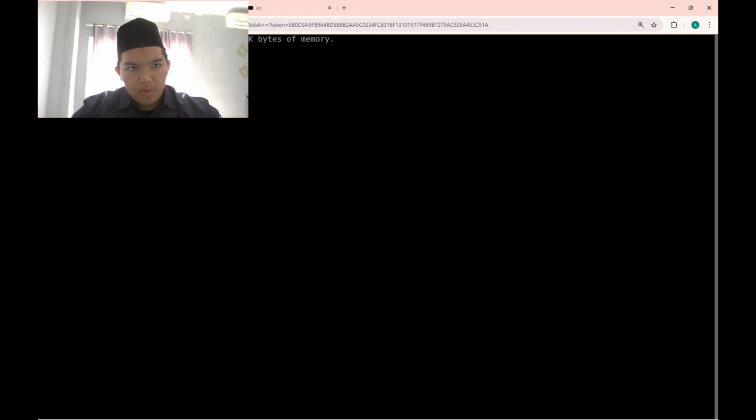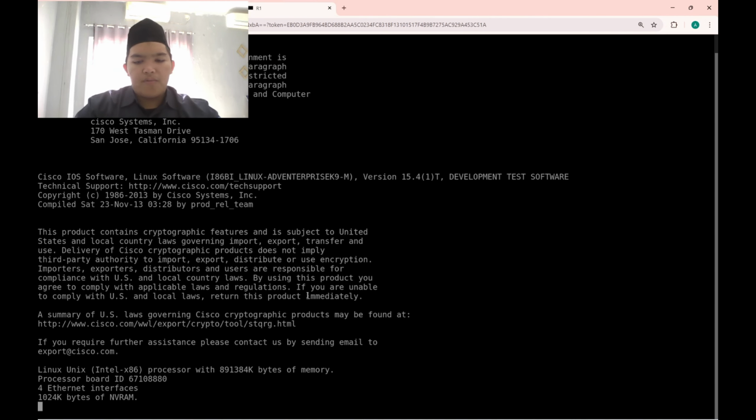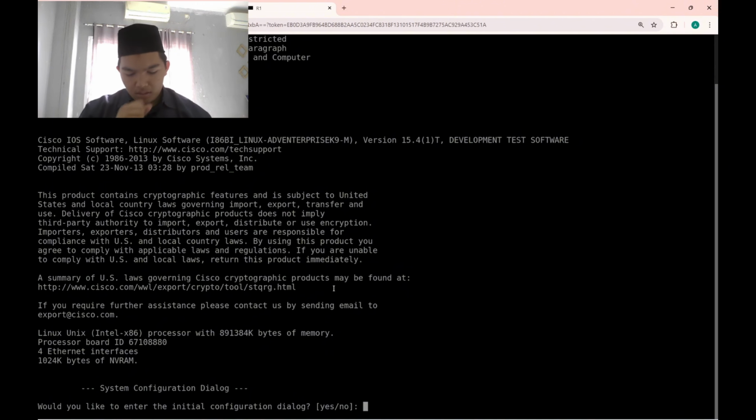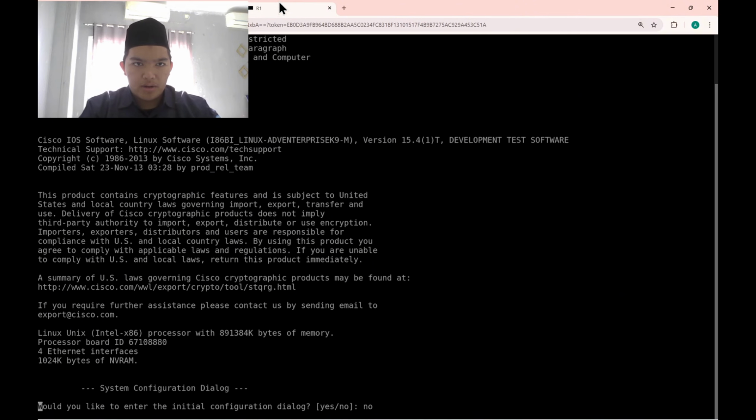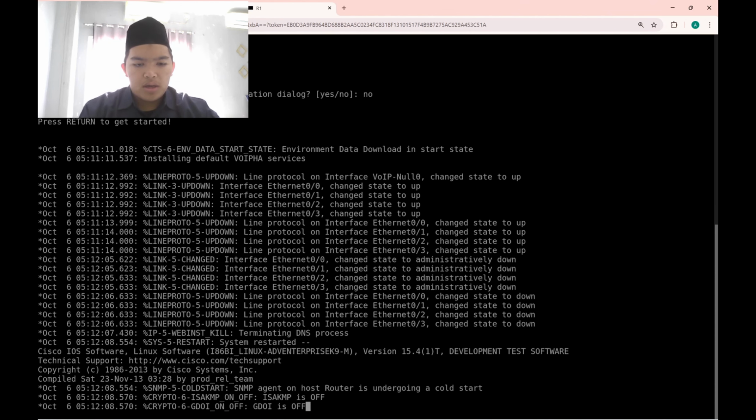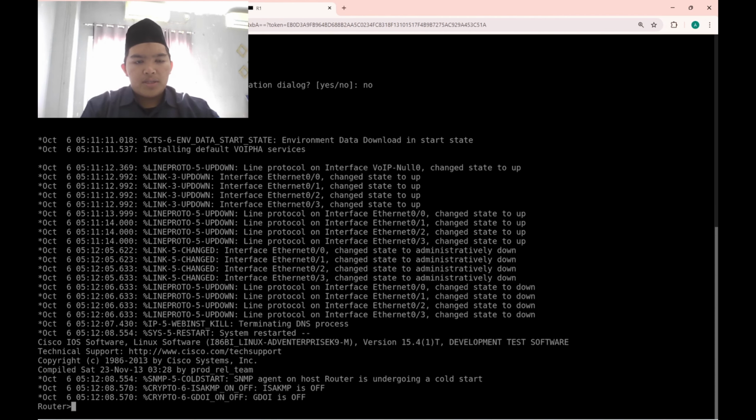Okay, we're gonna wait for a moment while the routers load. Okay, the system configuration dialog already shows. Gonna type no, and then type no again, and then wait for a while. Okay, enter.